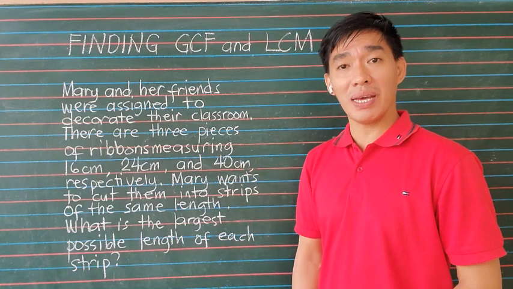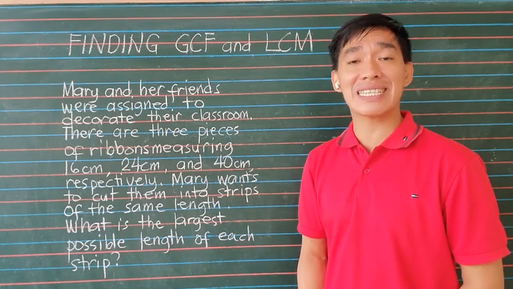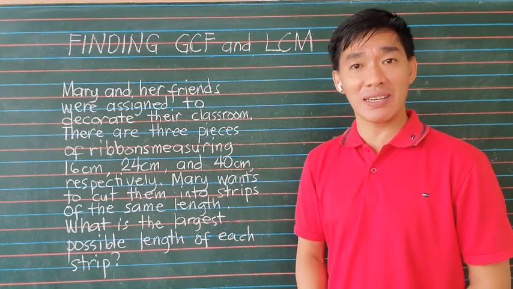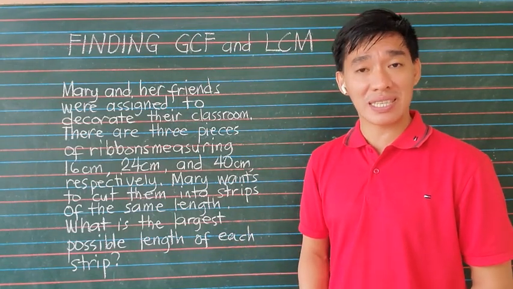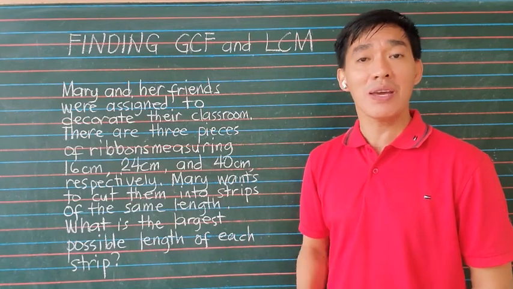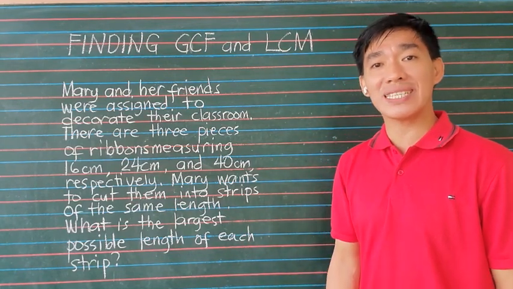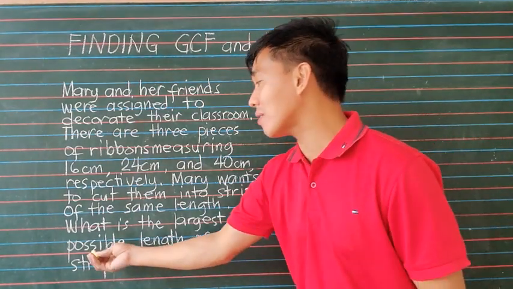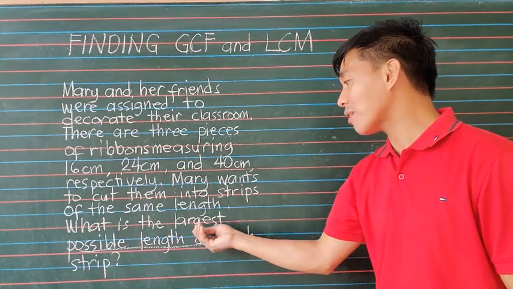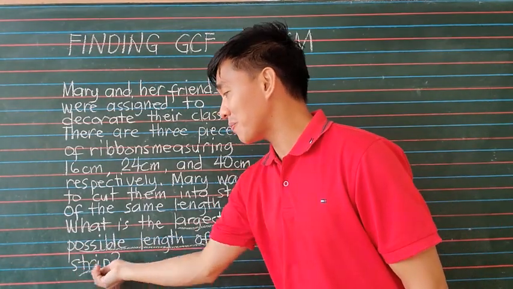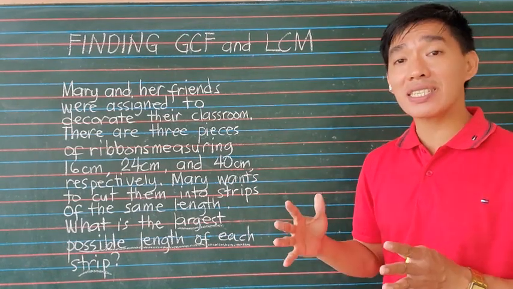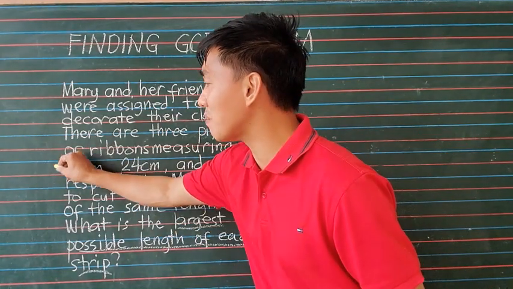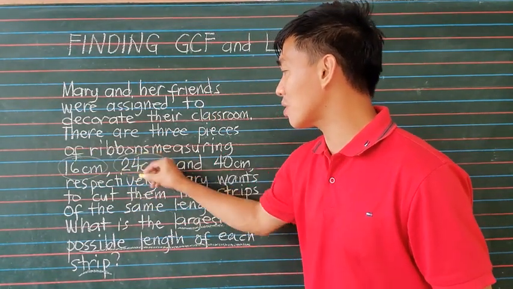In solving problems, we always have to remember the steps I've shared to you in my previous video lesson, which is the Polya's 4 steps in solving the problem. First, we need to know what is asked. What is asked here is the largest possible length of each strip if they are cut into the same length. The given that we have here are 16 centimeters, 24 centimeters, and